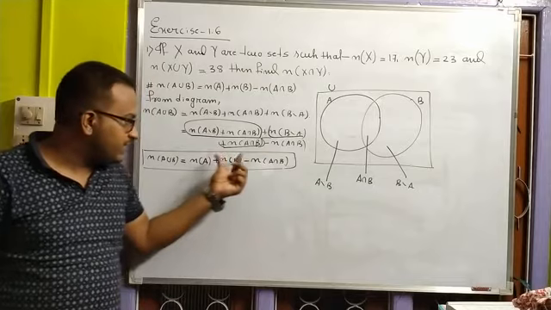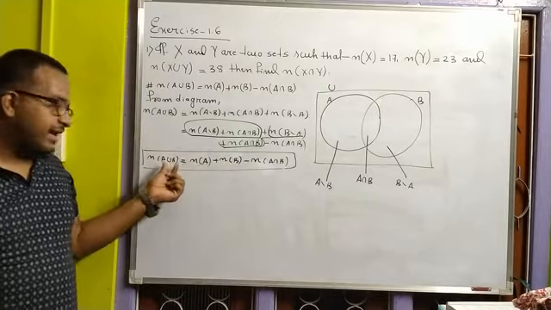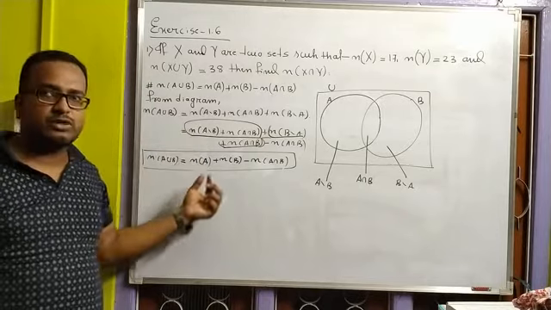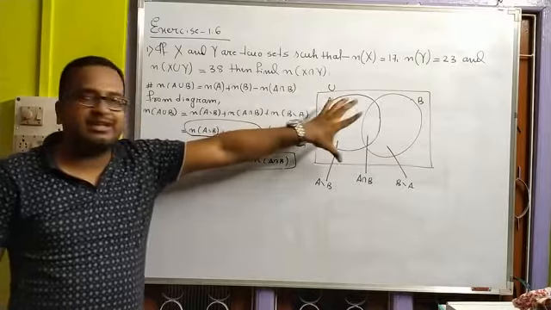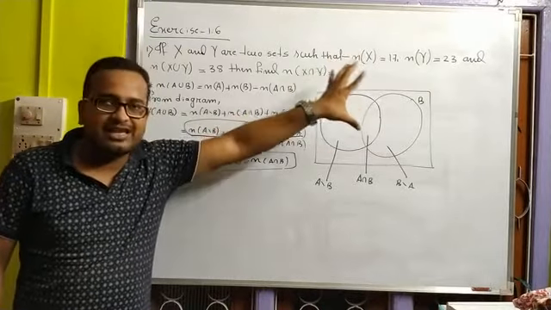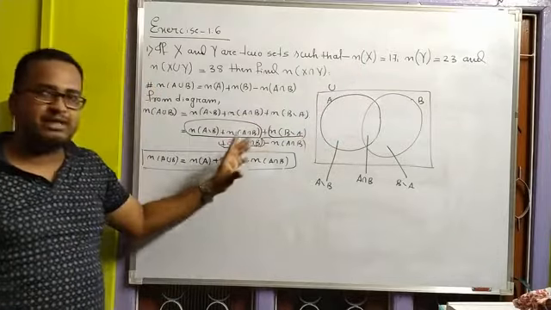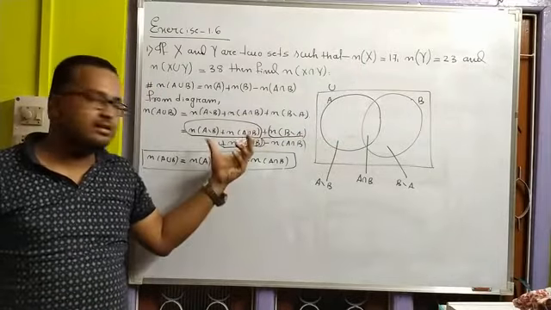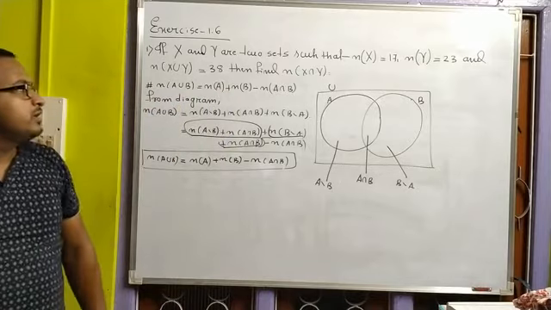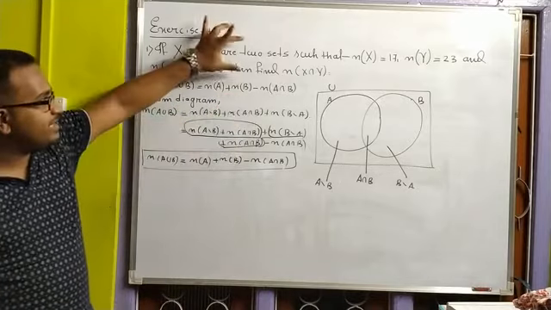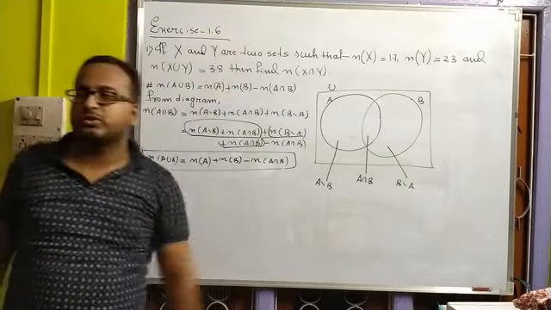Okay? So this is a very important result, and we have done this result for 2 sets and for 3 sets also. You can try yourself to get such results by using a Venn diagram, by taking 3 sets A, B and C. Okay? And by using the same concept, you can definitely generalize this result that we have already written in the book. Okay? So by using this fact, let us solve this one. Before that, pause the video to note it down.